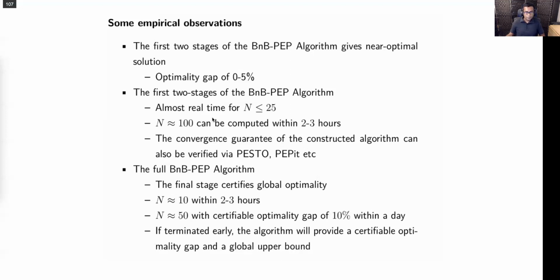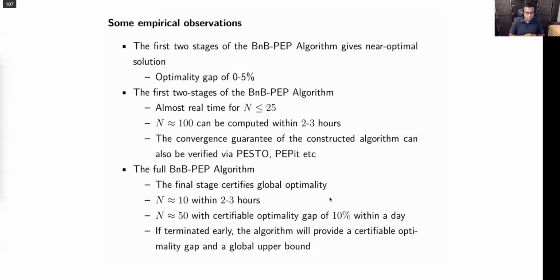And one thing is that the convergence guarantee of the constructed algorithm can also be verified by PESTO, PEPit, and so on. Now, the full BnB-PEP algorithm is implementing a customized branch and bound algorithm. So that takes longer. For the third stage, it takes longer compared to the first 2 stages. If we are interested in n up to 10, that can be done within 2-3